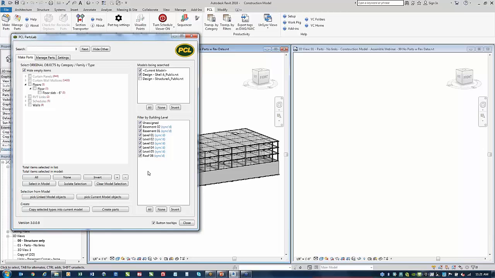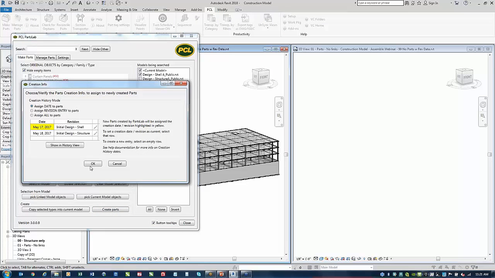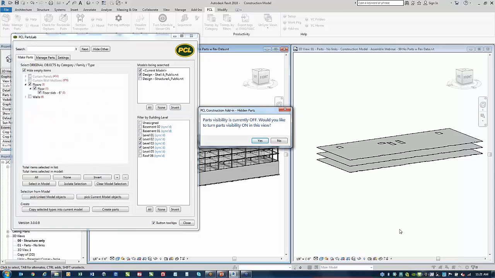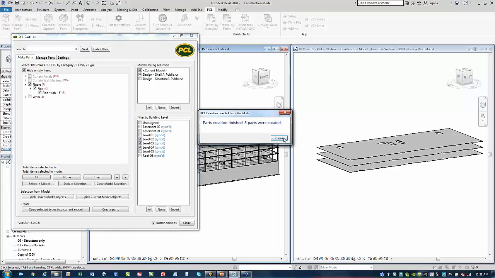But we also want to target just specific levels. On the bottom right, you can see all the levels from the building. I'm going to click none, and then I'm going to turn on levels 2, 3, and 4. Those are the targeted levels from the linked shell architect's model that we want to create floors from. So we're going to target those floors, and we'll tell PartsLab to create those parts. You can see the parts have appeared over on the right-hand side,